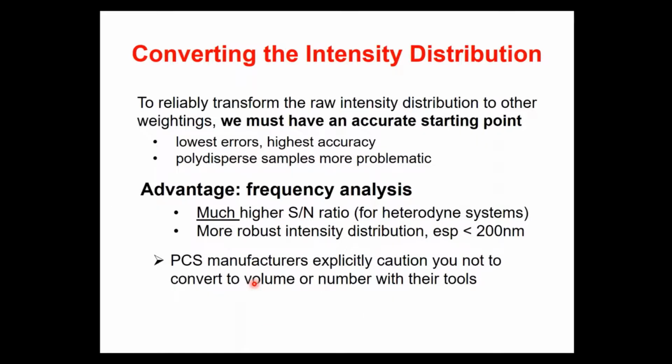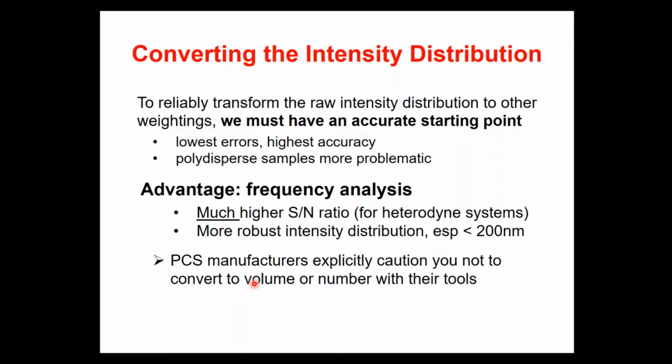So to do some conversions from the intensity distribution, there are many caveats. To really reliably do that transformation, we rely on an accurate starting point. That is to say, an intensity distribution that has the highest accuracy and the lowest errors. Polydispersed samples are inherently more difficult to convert between the different representations, simply because the uncertainty is somewhat larger in polydispersed samples. In the process of doing the conversion, though, I have to give the advantage to frequency analysis,